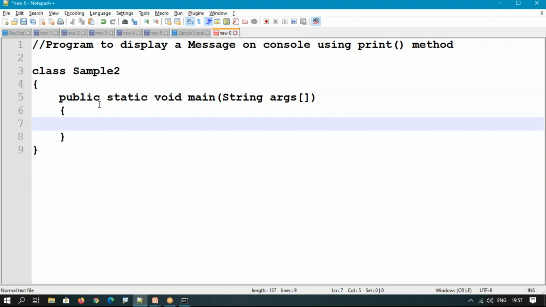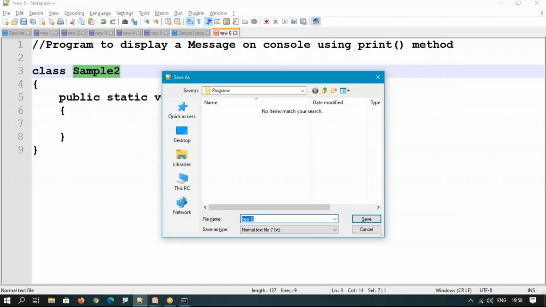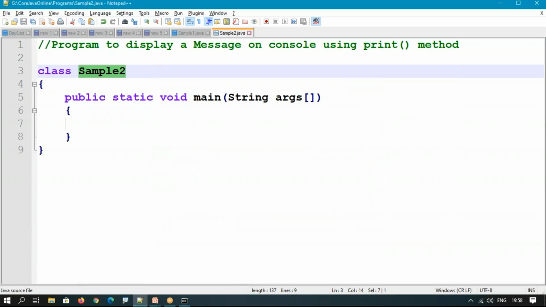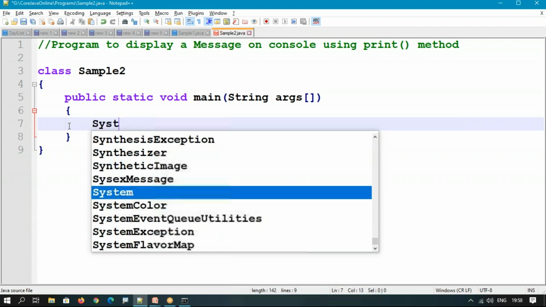Okay, right. So now Sample2, make sure your main class name and program name are both the same. Save the program as Sample2.java in our working directory. The colors also changed for us. So inside the main method we'll write